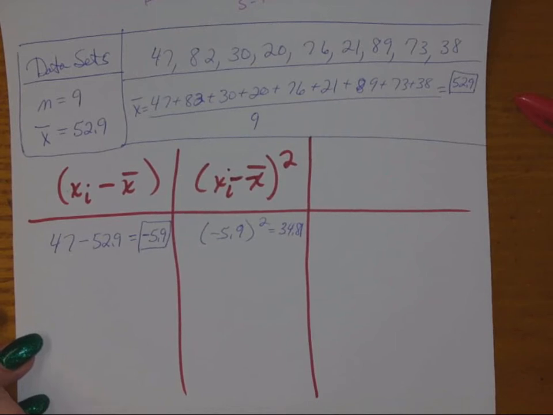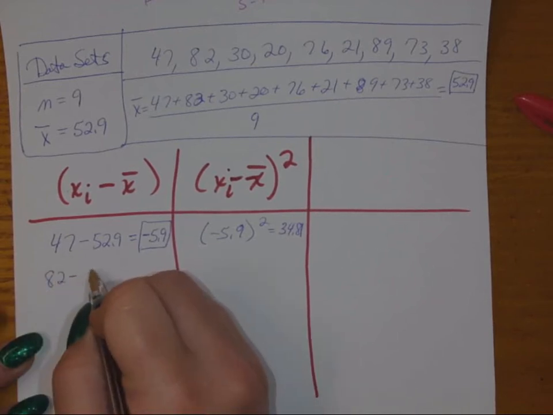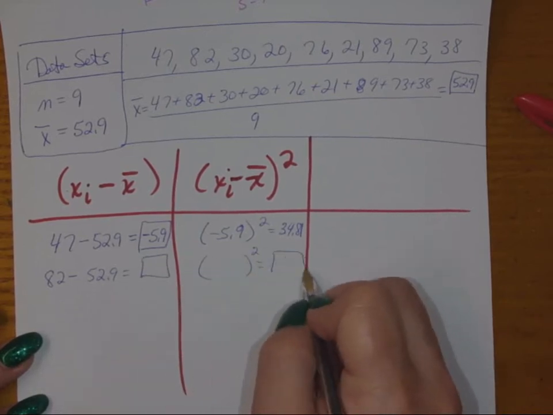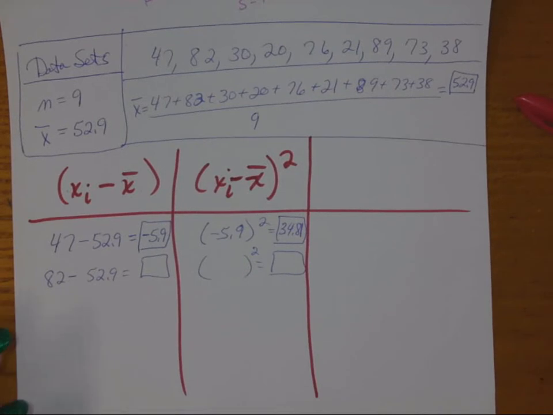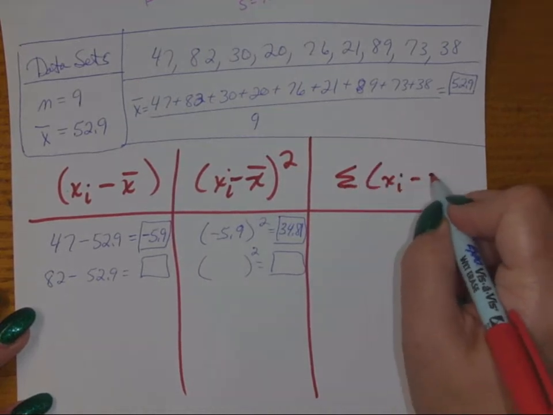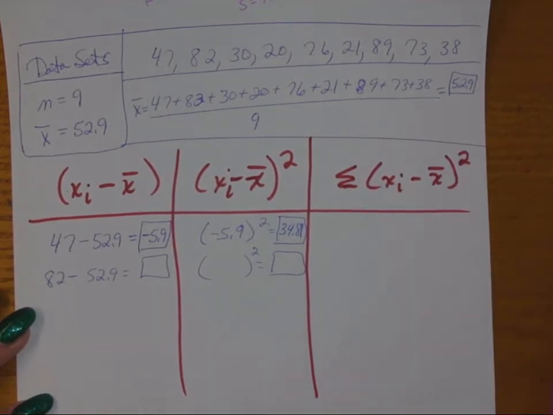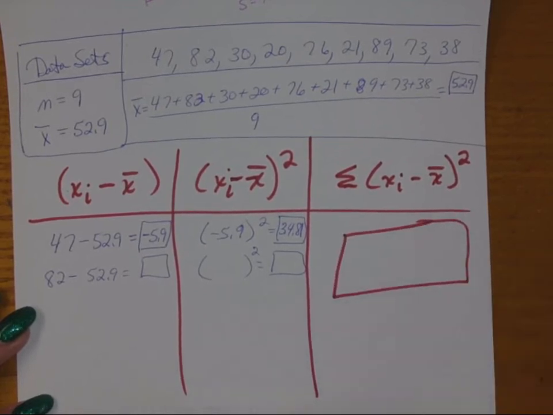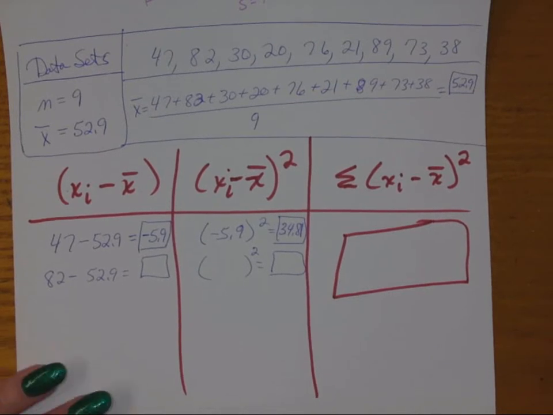So you would do that for every one of them. The next one's 82 minus 52.9. Figure out what that is, and then take that guy and square it. What do you get? So you really just need those two columns to figure out what's going on with the deviations from the mean. And then somewhere over here, we'll add together all of that. You don't have to keep a running total. You can just do one giant sum, add them together, and then work through the rest of the process. So it's this sum,